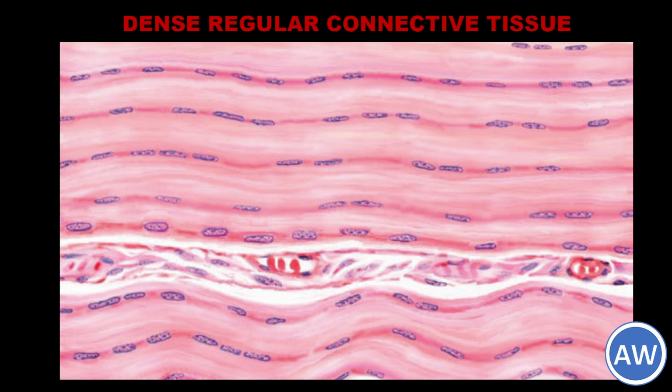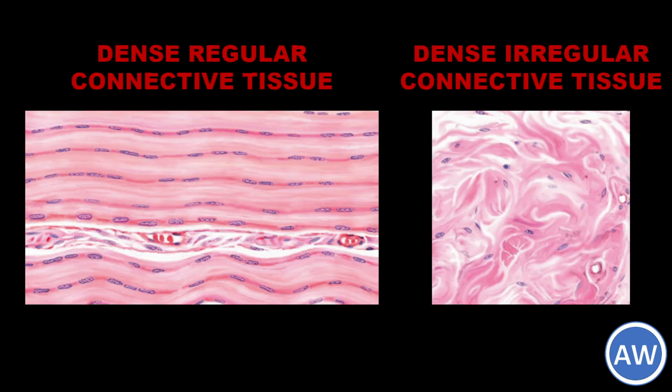As we can clearly see in the picture, this interfascicular connective tissue also contains abundant fibroblasts and numerous blood vessels which supply the connective tissue cells. Point to be noted, the dense regular connective tissue and the dense irregular connective tissue are both characterized by abundance of collagen fibers. The difference is the orientation of the fibers, and this has a direct link with the place where the tissue is found and its function.